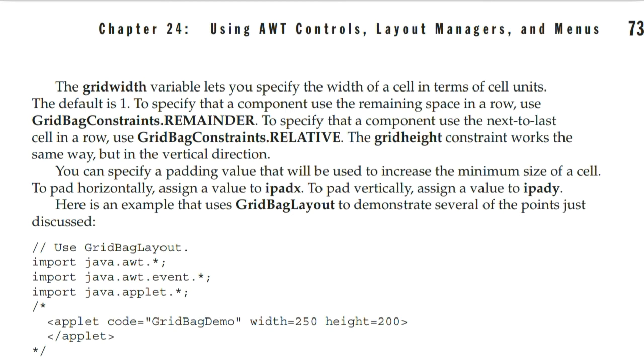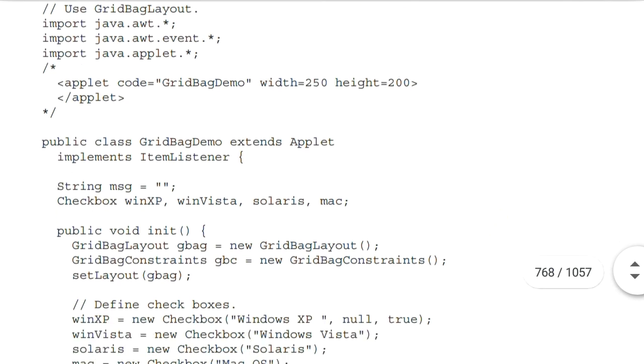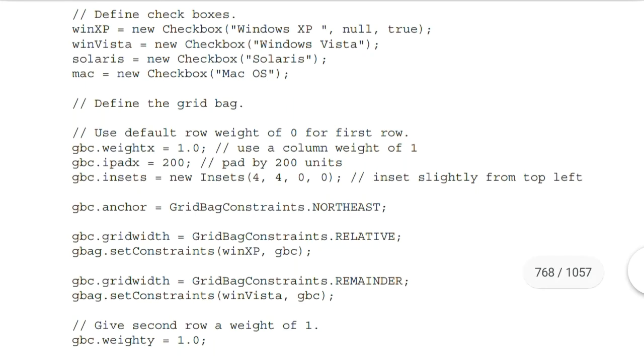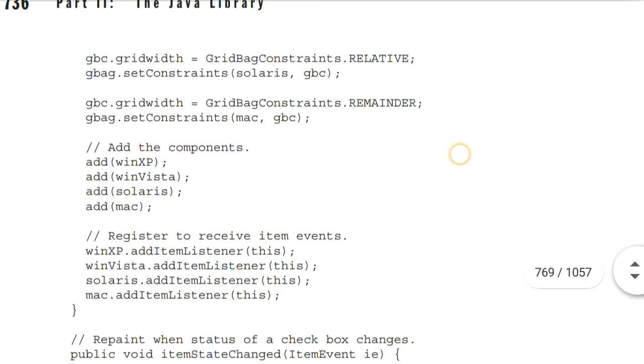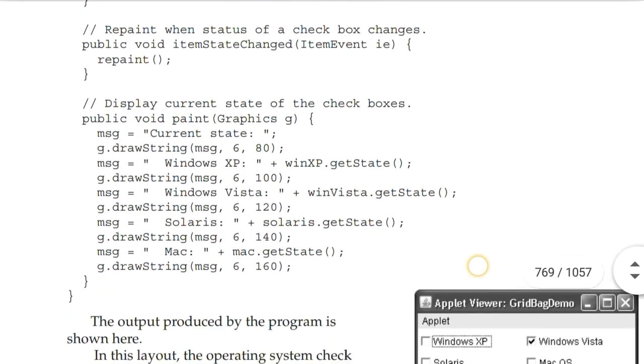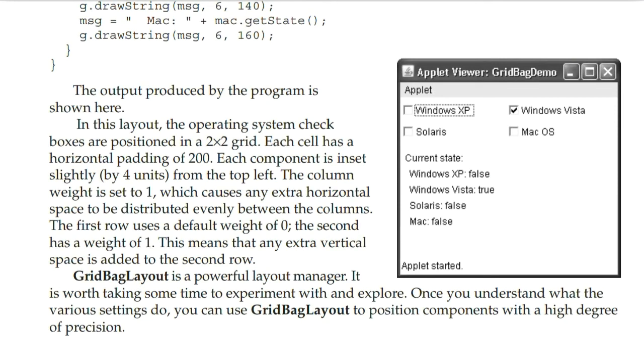Here is an example that uses GridBagLayout to demonstrate several of the points just discussed. The output produced by the program is shown here. In the layout, the operating system checkboxes are positioned in a 2x2 grid.